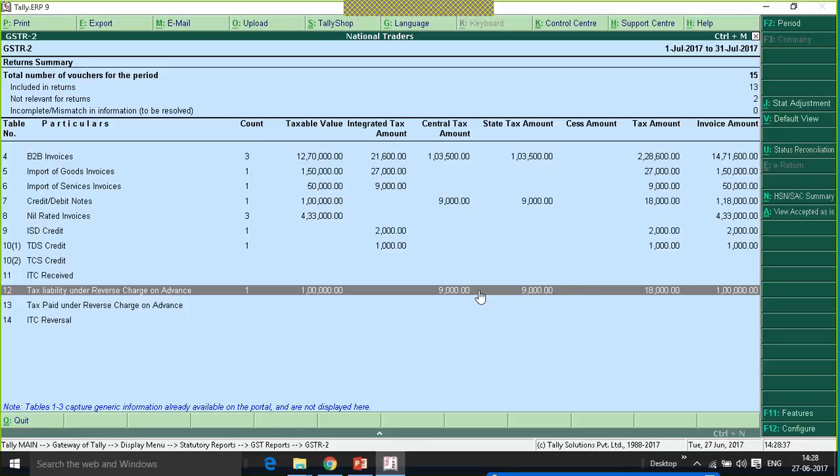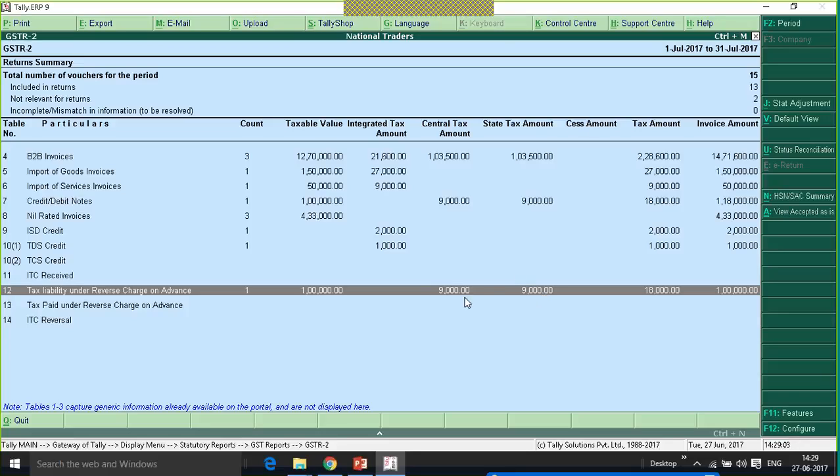So this value will not be part of my books of accounts until I record the adjustment entries. So for this, I have to raise the tax liability, make the payment to the department, and later, after receiving the goods, I have to avail the input tax credit.